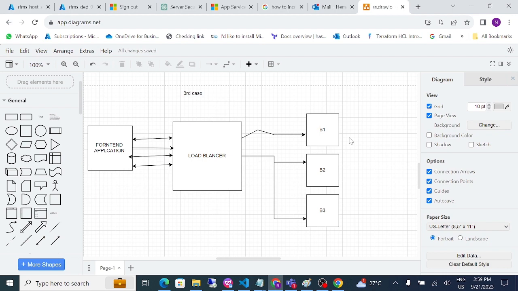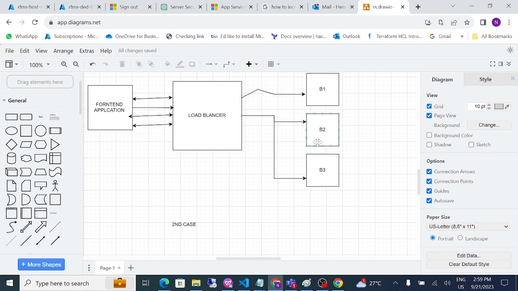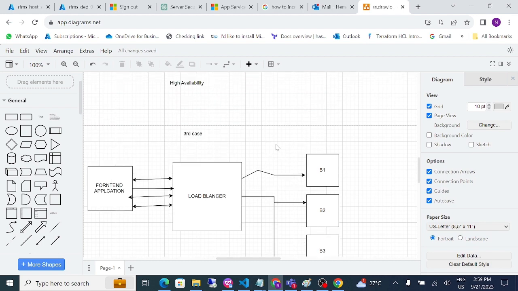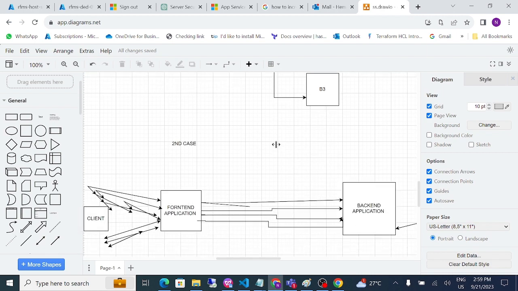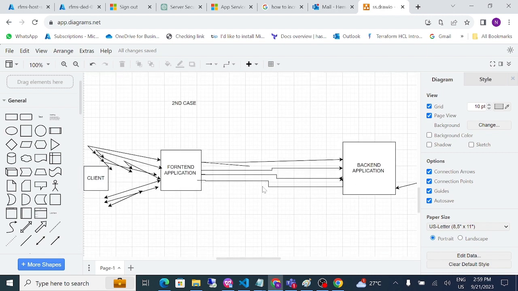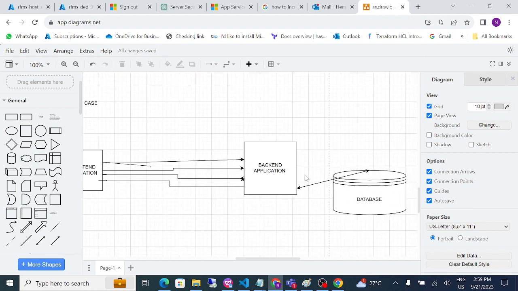That is one advantage. And one more thing is, with the help of a load balancer, you'll be doing horizontal scaling on the backend, at the server side. There are basically two types of scaling: horizontal scaling and vertical scaling. What is the difference between them? Let's first speak about vertical scaling. In a vertical scaling scenario, let's say that you have one backend application here,